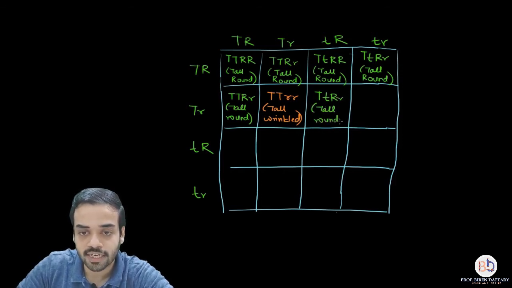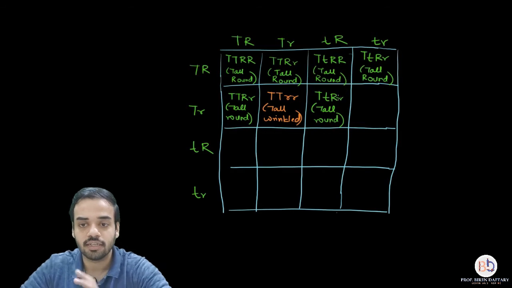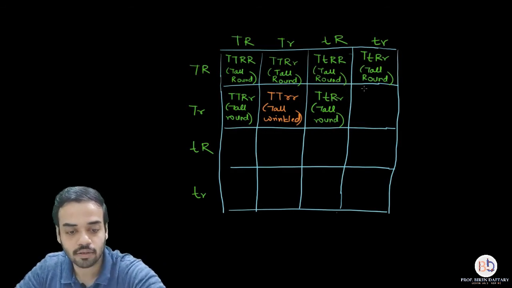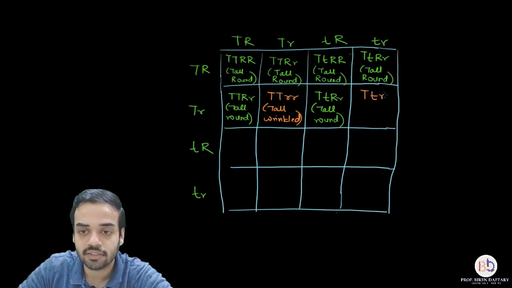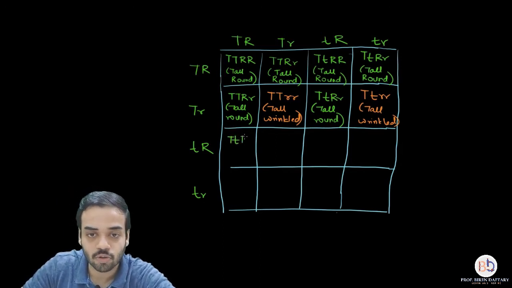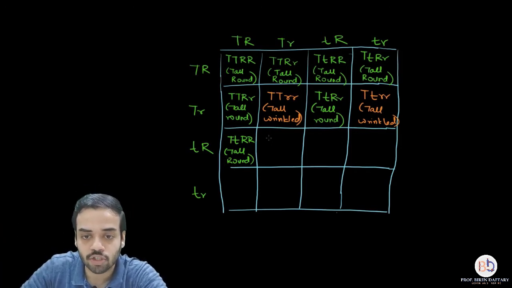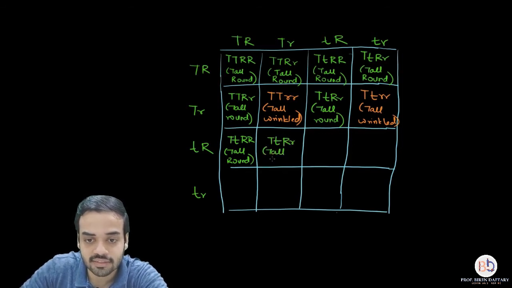So out of the 7 offsprings that we have got up till now, 7 are tall, round. The next one is going to be again capital T, small t, small r, so that is again tall and wrinkled. Okay, so that is the thing. Now coming to the next one, again it is going to be capital T, small t, capital R, that is tall and round. So I hope everybody is understanding how I am joining the gametes and making the individual. Now the other one is going to be capital T, small t, capital R, small r. Again this is tall, round.